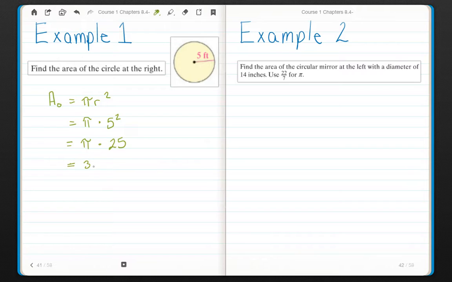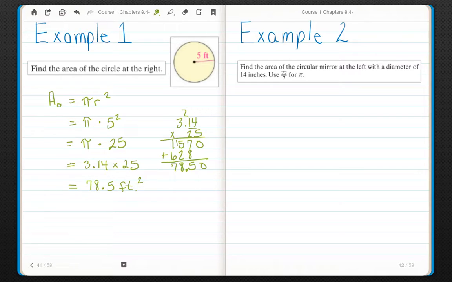I'm going to substitute 3.14 times 25. 25 times 4 is 100, 25 times 1 is 25, and 25 times 3 is 75. Add them together. I have 2 places to the right of the decimal. So my area equals 78.5 feet